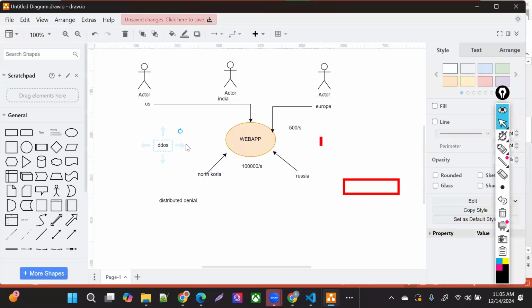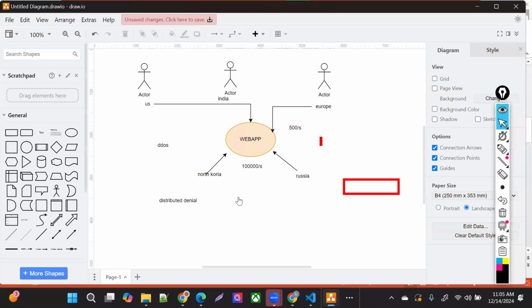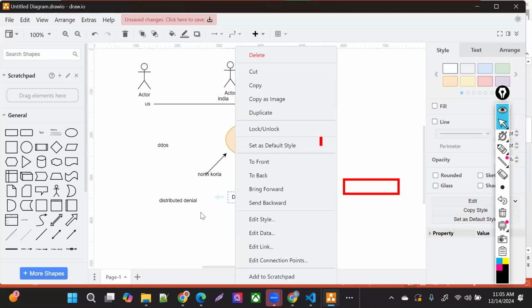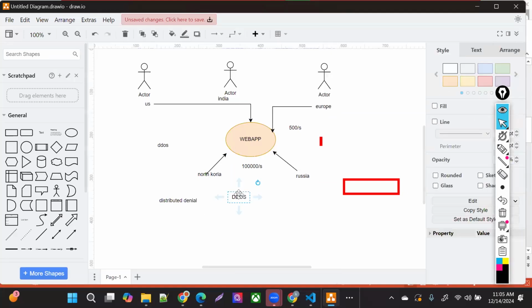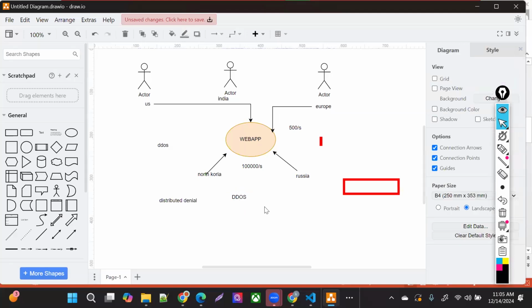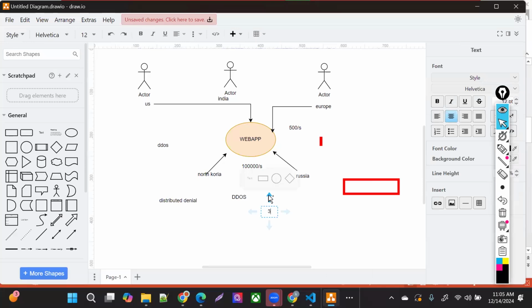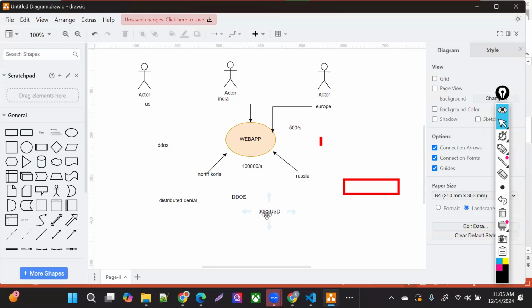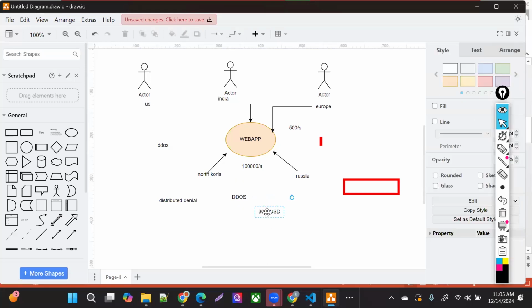Now, for that type of security, to avoid such kinds of scenarios, Azure comes with the DDoS plan. First thing, which is very important, is that it's one of the costliest services on Azure, which means you need to pay an upfront cost. You need to pay an upfront cost of $3,000 USD, whether you are utilizing it or not; Azure is not going to count that. But as soon as you enable DDoS, you need to pay the 3,000 USD.